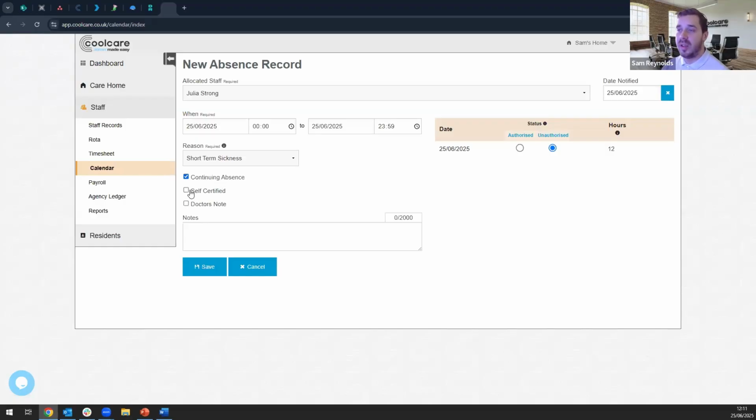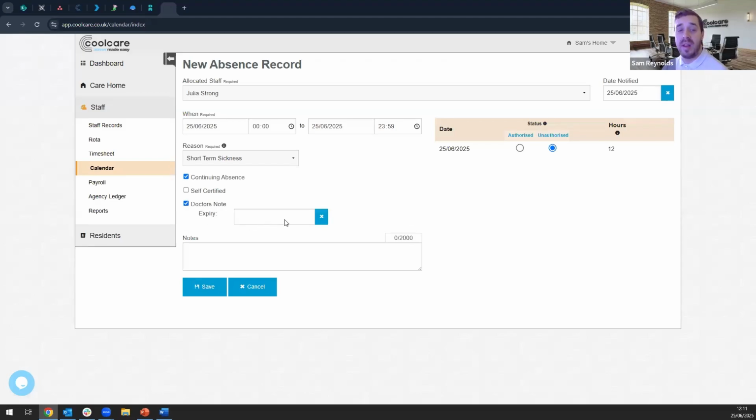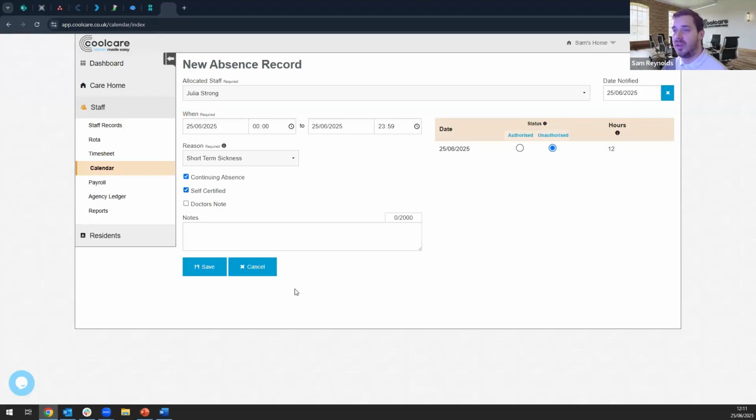As well as that, with absences, you've got 2 extra options there. Self-certified, if they're off sick, you can mark it as self-certified on there. Or if they do have a doctor's note as well, you can pop it in there and even pop in an expiry date for that doctor's note. We might say it's just self-certified, they don't have a doctor's note for it. And any additional notes we want to pop in for any additional details, we can type in down the bottom there. But as I save this, I'm going to keep it as an unauthorized absence to start with,